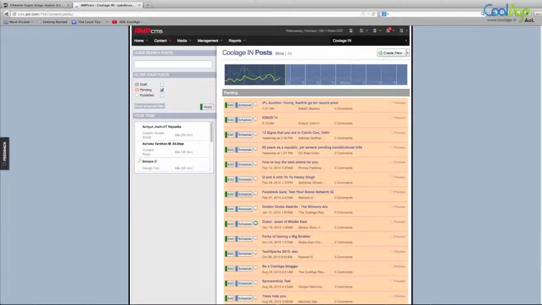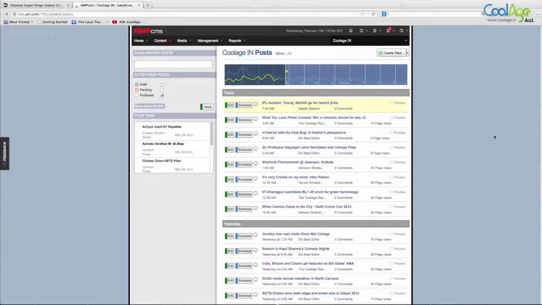When the sub-editor pushes it under pending, it doesn't mean that your article is published. It is for the editors to edit, then they will publish it. Here you can see your article is yellow in color. The ones that are white in color are already live on the website, and this article will go live at the mentioned time. And this is how you create an article on Blocksmith.